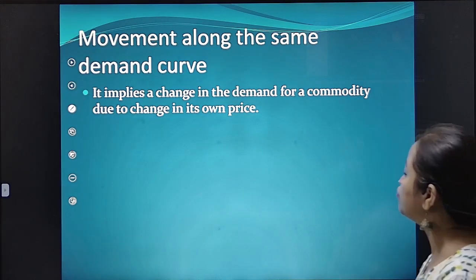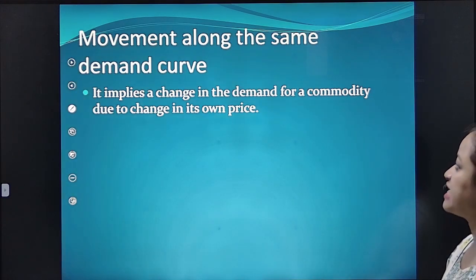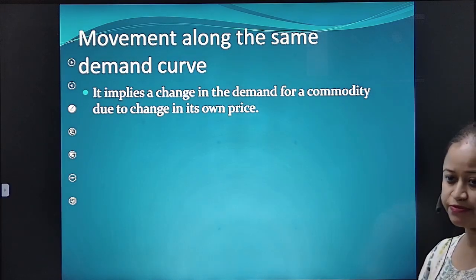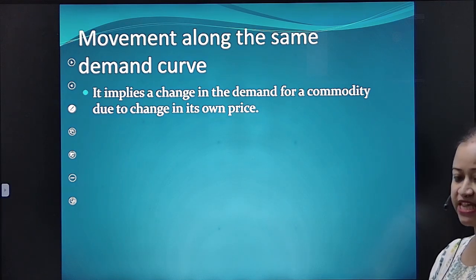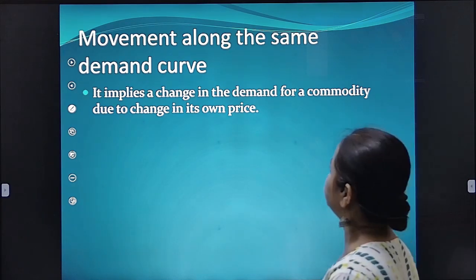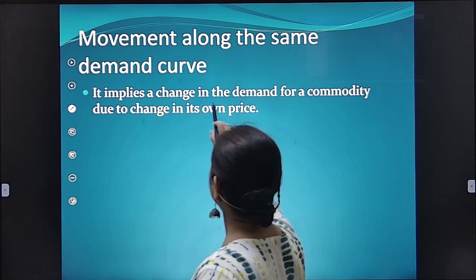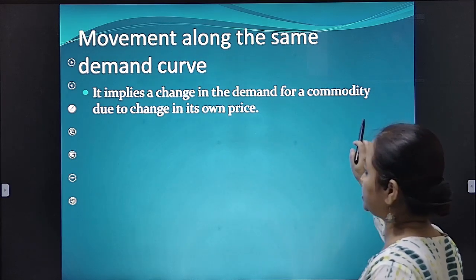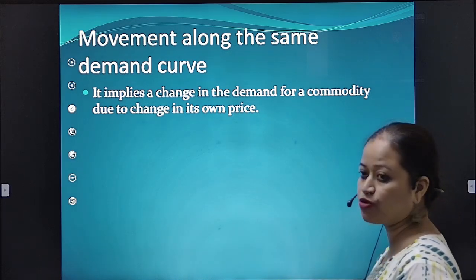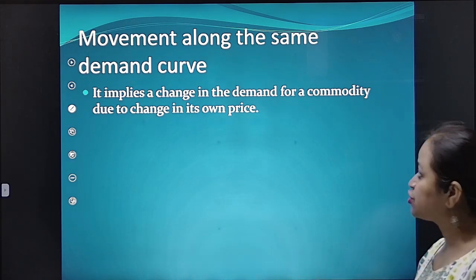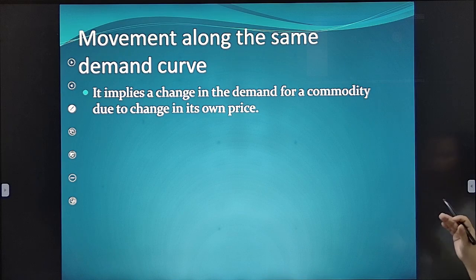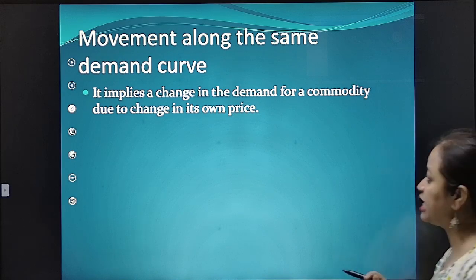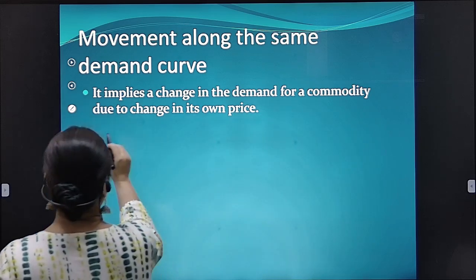Now we'll see movement along the same demand curve. It implies a change in the demand for a commodity due to change in its own price. Okay? So here what are we saying, that movement along the same demand curve. Movement along the same demand curve means, so